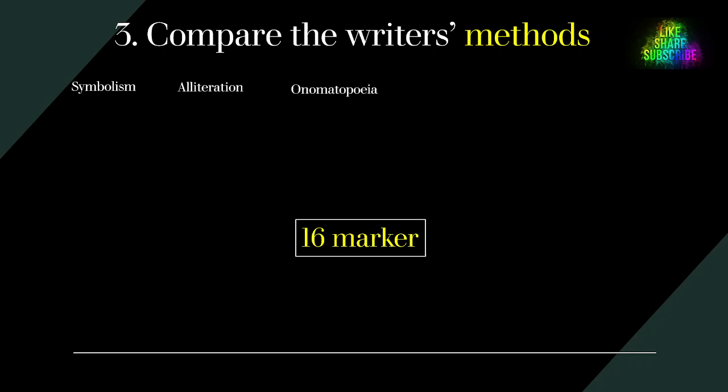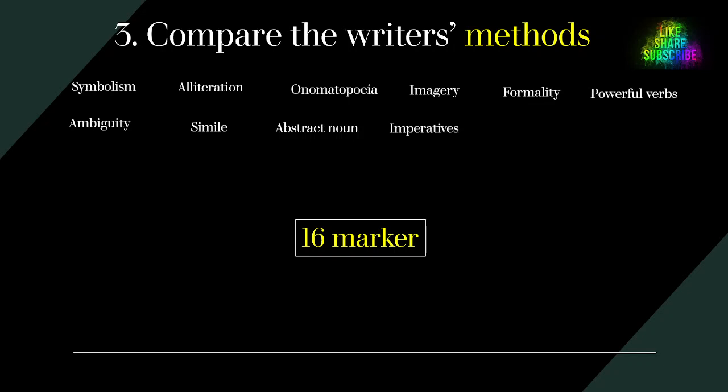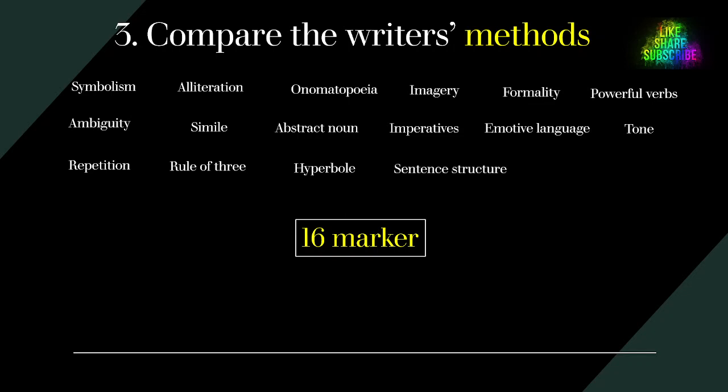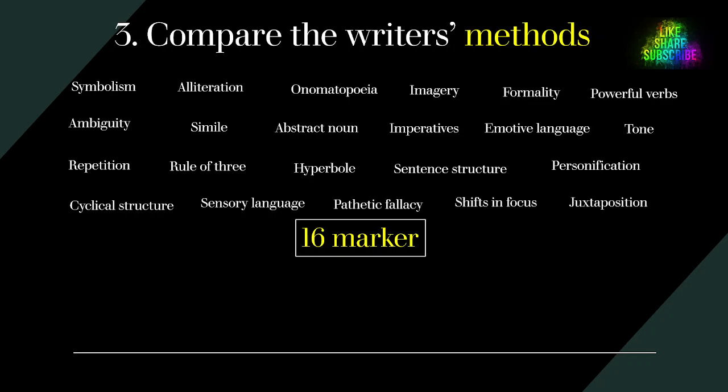Symbolism, alliteration, onomatopoeia, imagery, formality, powerful verbs, ambiguity, simile, abstract nouns, imperatives, emotive language, tone, repetition, the rule of three, hyperboles, sentence structure, personification, cyclical structures, sensory language, pathetic fallacy, shifts in focus, juxtaposition, flashbacks, declaratives, metaphors, and adverbs. Everything is open to you in this sense,